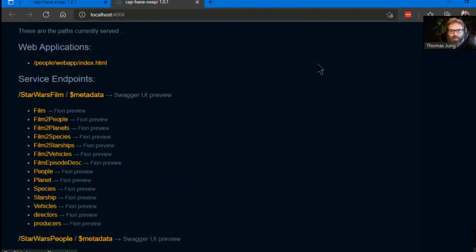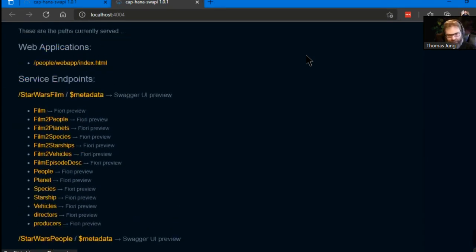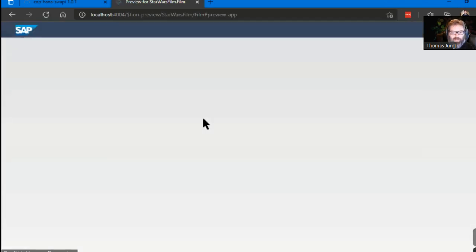As I'm sure everybody on the call or on the event today is familiar with, the endpoints of my service. But let's go ahead and look at the film entity, because there's a lot of relations coming off that. You can imagine if there's a data model for the film, then it also lists all the people that appear in all the films and all the planets, all the alien species that are involved, all the starships and things like that. And if we just look at the Fiori preview here,